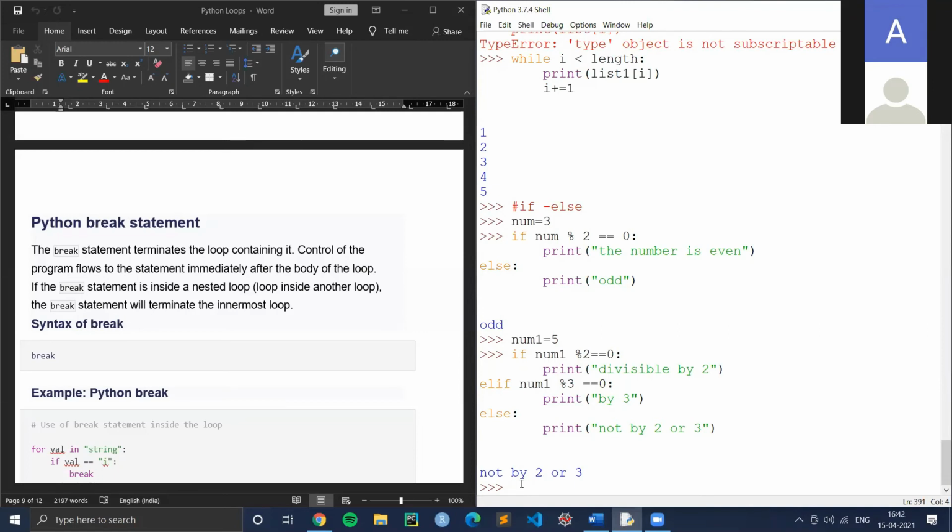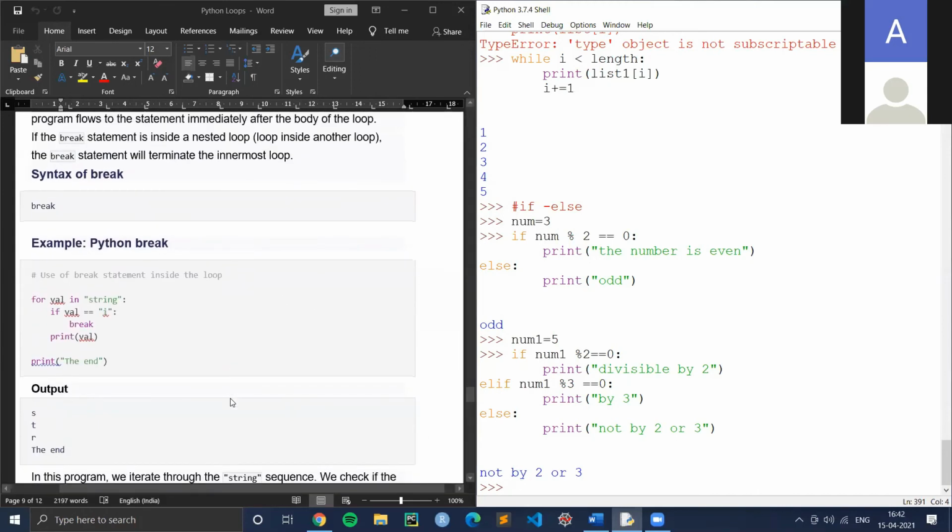Break and continue are nothing but jump statements. So what jump statements basically mean is, they are used within the loops to jump out of the loop in some iteration. Like you're performing iterations in the loop, and then suddenly, you provide a condition so that it has to break if some condition is encountered. Like if this number is encountered, I do not want to print further. I want it to end there. So you use jump statements.